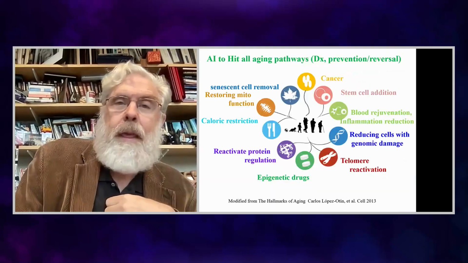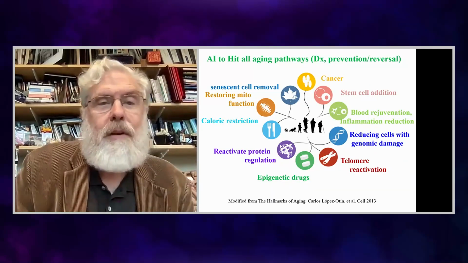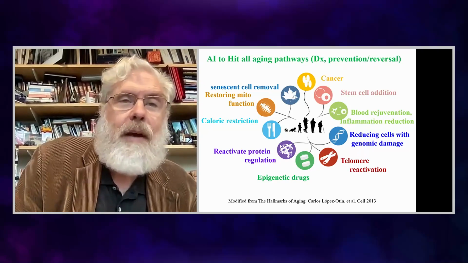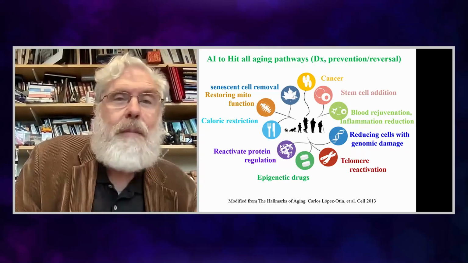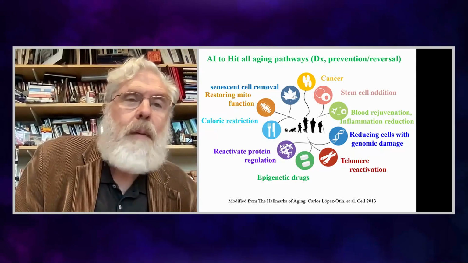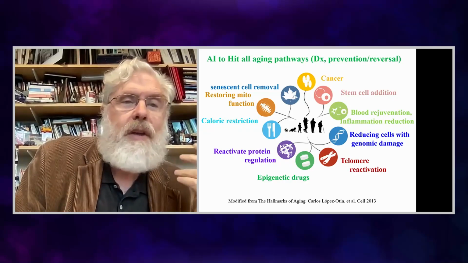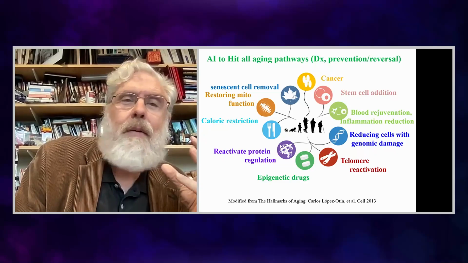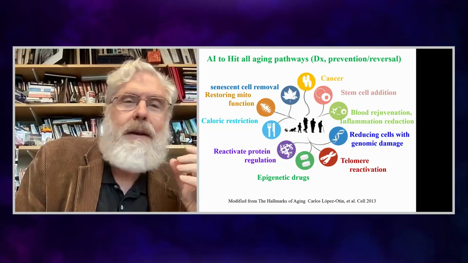24,000 edits. And again, I just want to end by showing you something hopefully you've seen before, the hallmarks of aging. I've added in cancer here, so there's 10. Some people have 8, some have 12. But anyway, these are things that you all know about: caloric restriction, telomeres, senescent cells, and so forth, epigenetics. But I think we sometimes need to remind ourselves that we have to get them all right.